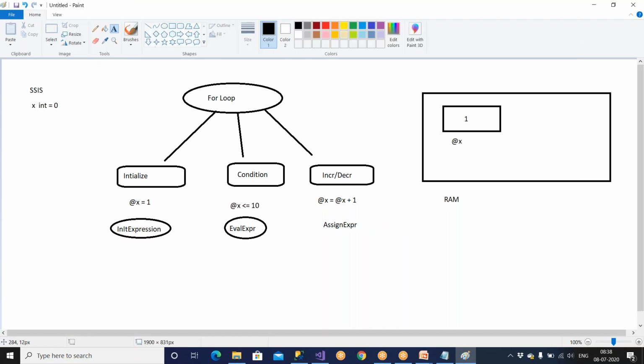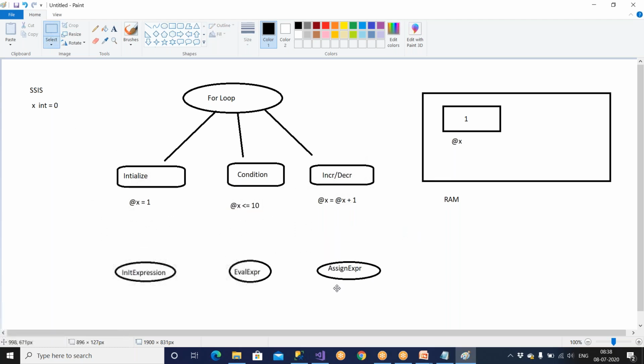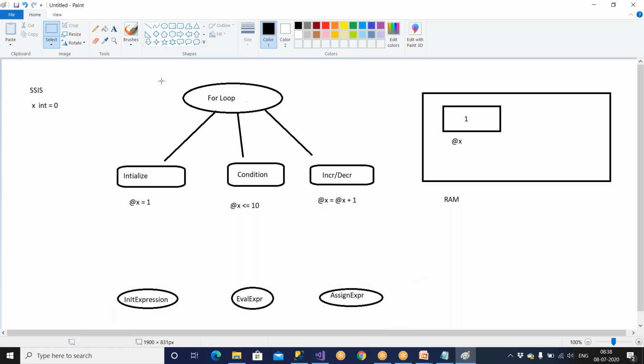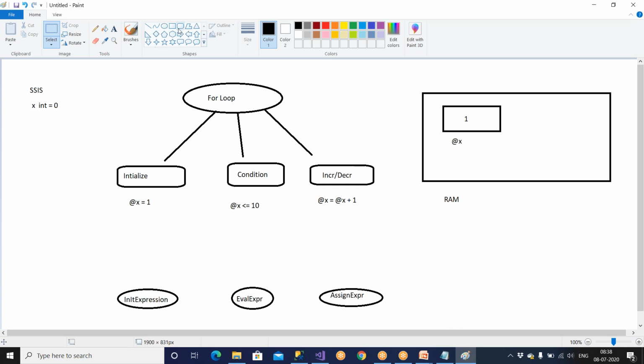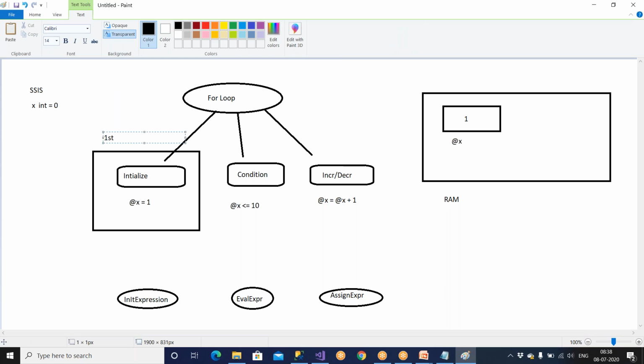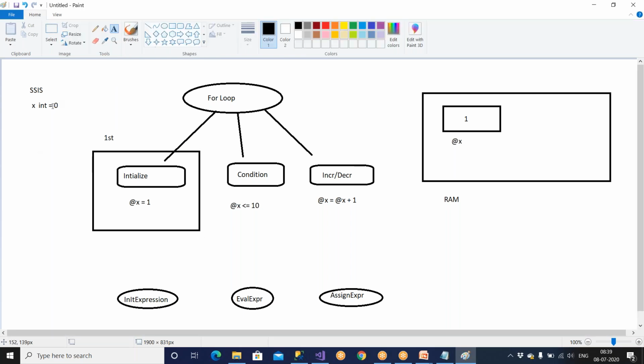There are three things which are available in SSIS, but the same thing is available in your normal loops also. So this is the SSIS way of calling. This is the normal loop. Whenever you run the loop, there are three things to understand: initialization, condition, increment or decrement. Now the loop starts. Loop always starts where? Loop is always going to be starting in this only. This is the first one that will get executed when you start the loop. First one. So whatever be the value, that initial value 0, now it is removed and you put 1 here,